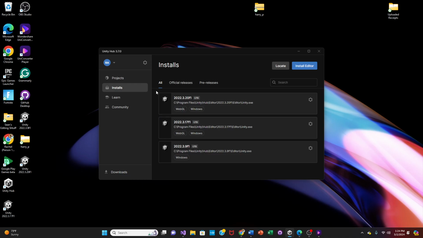Now, I'm going to skip a lot of explanation because it's not really going to help you. I'm going to tell you what you need to install and you're going to trust me on the rest of it. So when you go to installs, you'll see the latest program files. In this case, we're going to be installing 2022-3-20. If you are watching this video 2 years from now, this is going to be different because they're going to have more updates. So you will click on Install Editor,